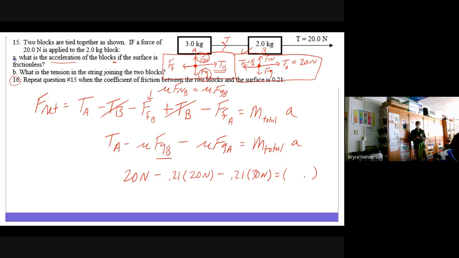equals, what's my total mass? 5, so 3 plus 2, right? 5, you can figure out either one. But I'm explicitly writing like this just to show that I'm thinking about both blocks, times the whole acceleration. A bunch of numbers. 20 minus a number, divided by a number. Total, we get 1.9